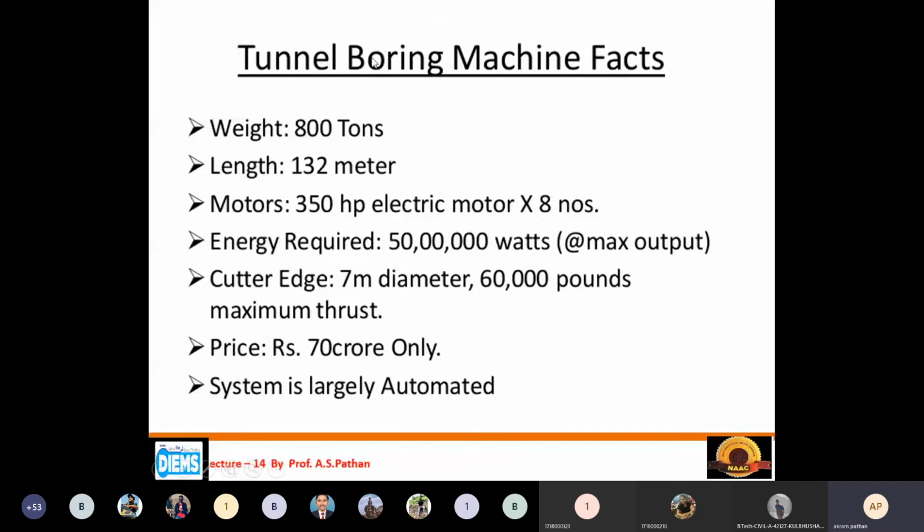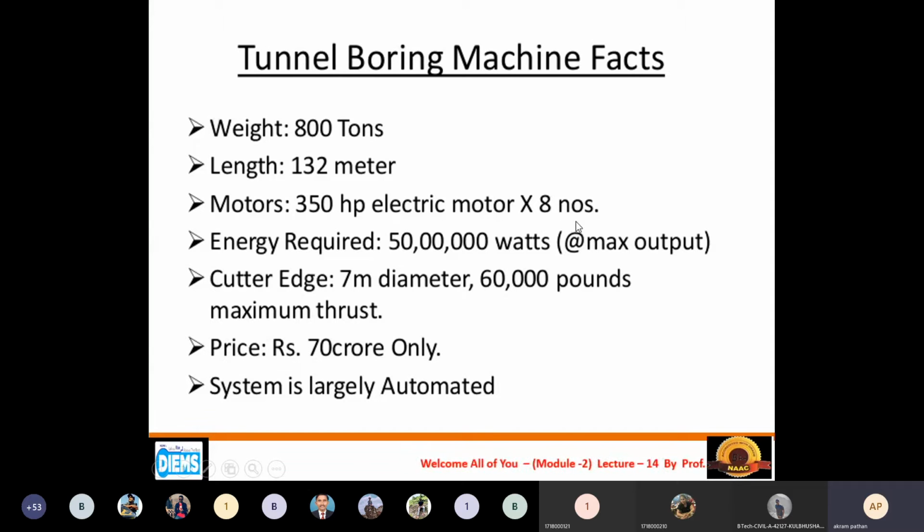For the purpose of tunnel boring with the help of this kind of TBM machine, we require huge HP electric motors, 350 HP. In the case of our irrigation well, we require only 5 HP or up to 10 HP. But for the tunnel boring machine, we require 350 HP.